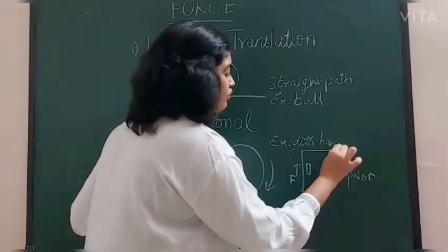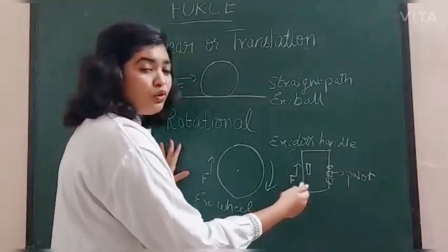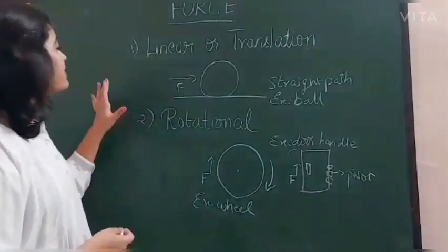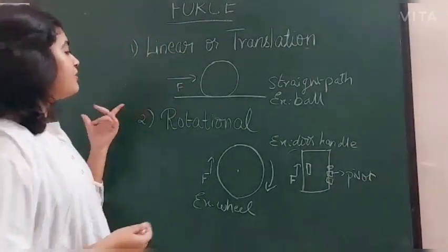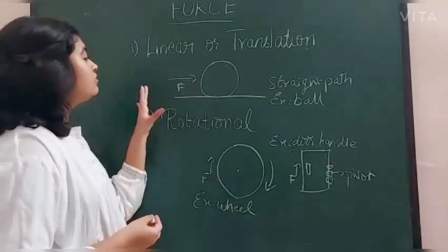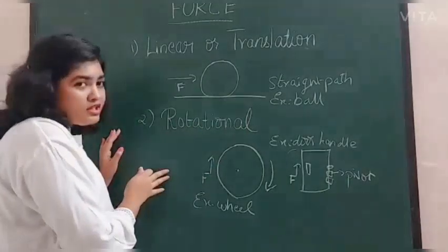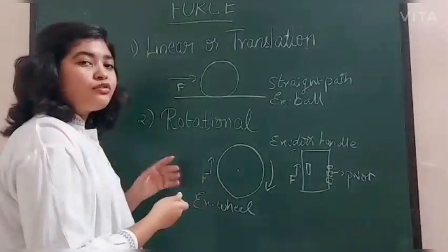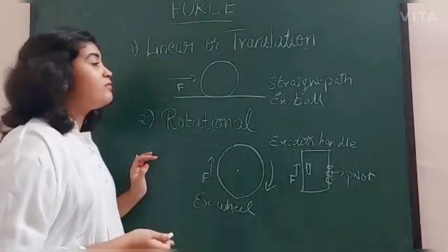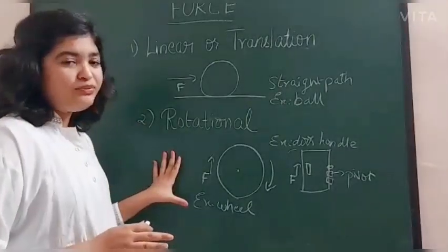So these are the two examples of rotational motion, one is the wheel and the other one is the door, which rotates itself about the hinges. So this is the linear motion, the basic one, which is simple to understand: the body moves in a straight path when we apply force from one direction. And rotational motion means that when force is applied on a body at its pivoted point, it generally rotates around its axis. So these are the differences between linear or translational and rotational motion.